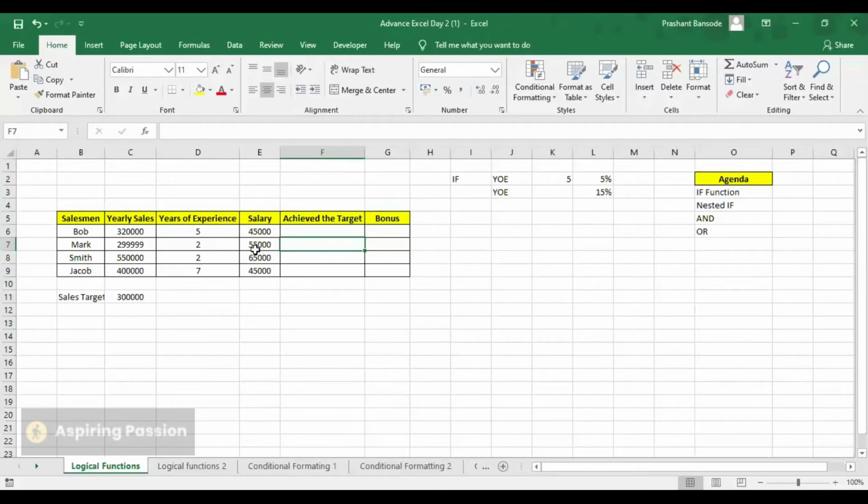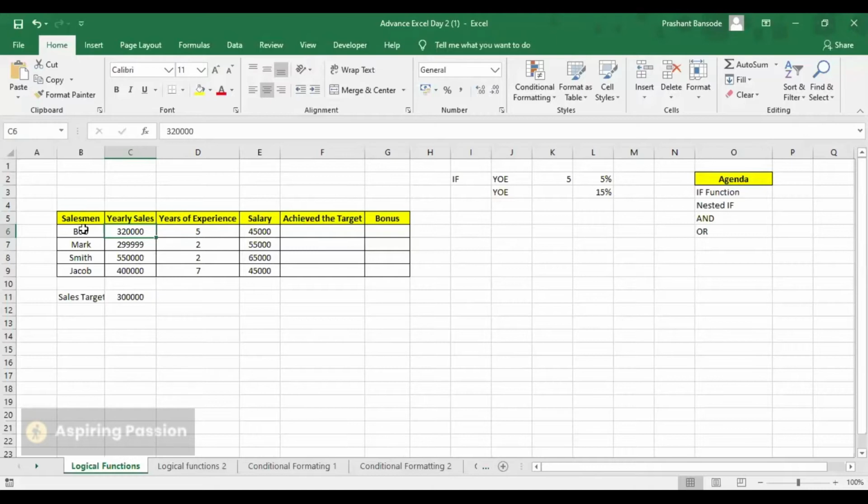Okay, fine. So what I have done, if you can just see, is I have the names of these salespersons. It's a very simple example which I usually prefer to take.